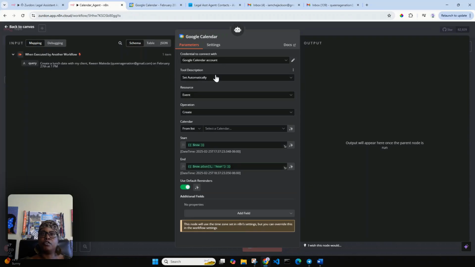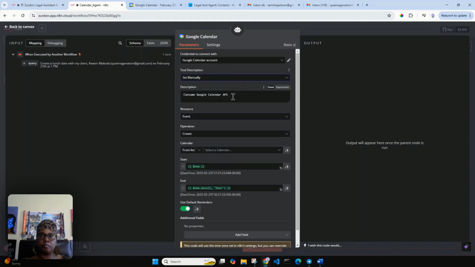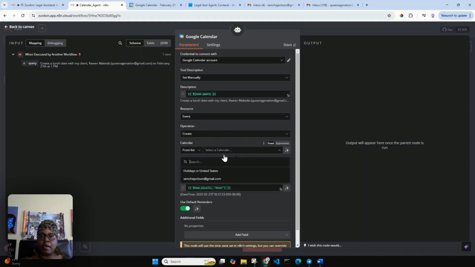Okay. For the tool description, I'm going to choose set manually. I'm going to take this out and I'm going to drag my query over. Okay. And you see right here, it says create a launch date with my client, Queen Makita. For the event source, we're going to leave it still as event. And our operation is create. The calendar we're going to use is my